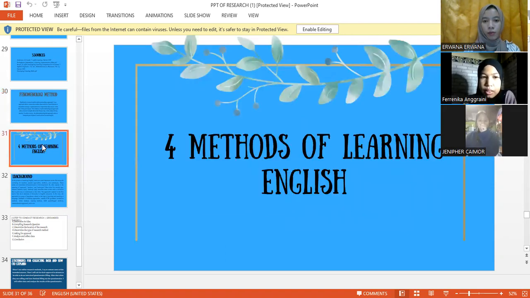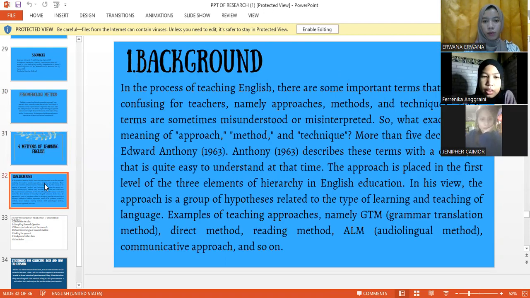Next. The title is four methods of learning English. First is background. In the process of teaching English, there are some important terms that are quite confusing for teachers, namely approach, method, and technique. These terms are sometimes misunderstood or misinterpreted. So what exactly is the meaning of approach, method, and technique, defined more than 5 decades ago by Edward Anthony